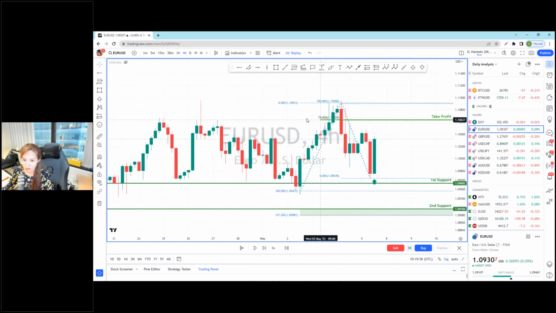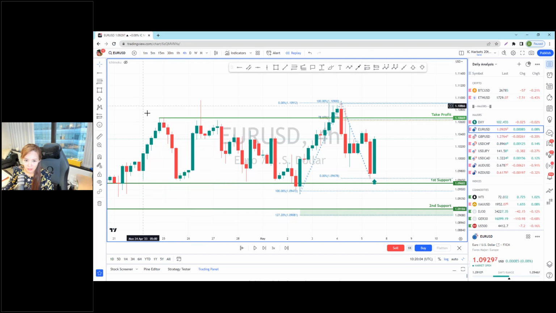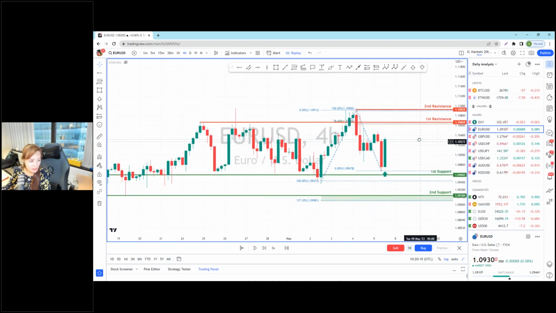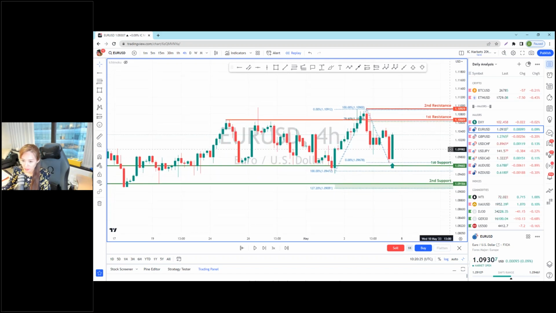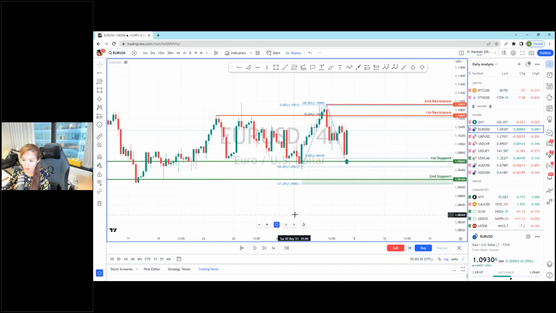Okay, and if you were to start until here, you know that this is somewhere in your resistance. For resistance here, this one is your second resistance where I draw the wick. Any questions so far, guys? No? Okay, this is how I draw or use my Fibo. This is a very good level though. This is a very good one.